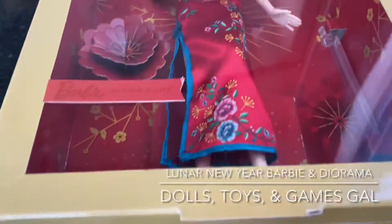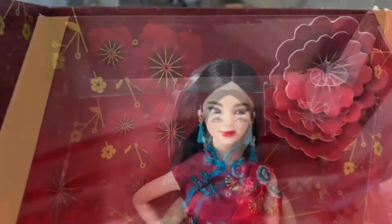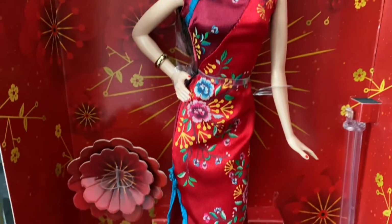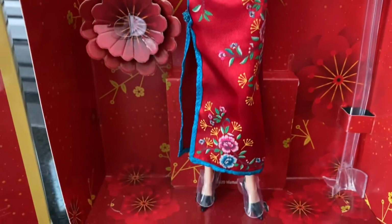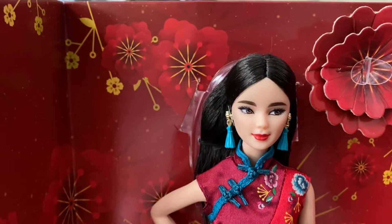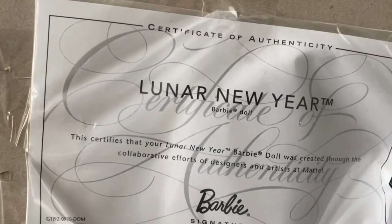This is my first ever Lunar New Year Barbie, and I can't wait to unbox her. Yay! Pulled her out of the box. That background is so beautiful. It's actually inspiring me to make a backdrop diorama for her so I can take some nice pictures for the upcoming Chinese New Year. Oh look, there's a certificate of authenticity for the Lunar New Year Barbie taped to the